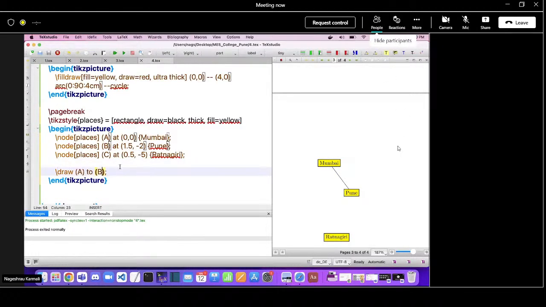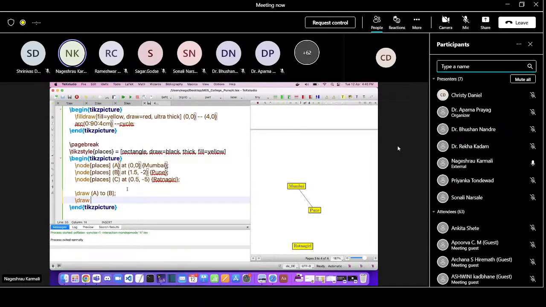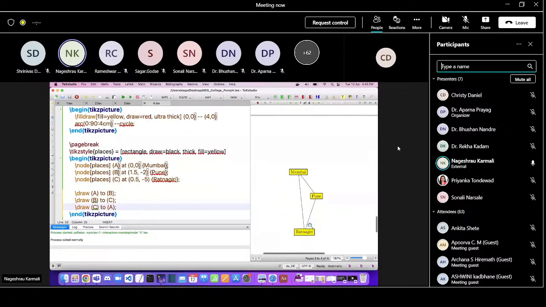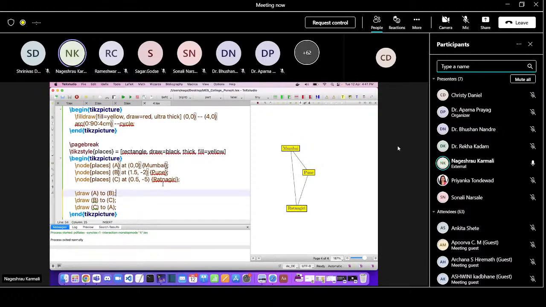Now let's add both these lines as well, that is from Mumbai to Ratnagiri and Ratnagiri to Pune. So we would write \draw B to C, \draw and C to A. Alright, we have the lines connected to all these nodes as well. Now we need to write the distance. So what's the distance between Mumbai to Ratnagiri, Mumbai to Pune and Pune to Ratnagiri? So let's do that. Just before this semicolon, just before this B, that is after the -2, we would create another node,